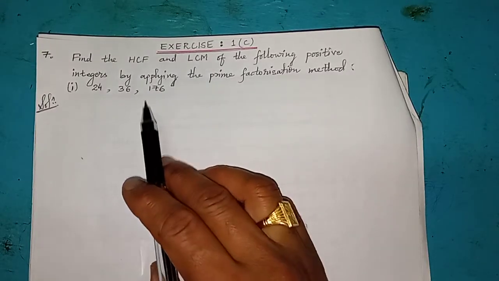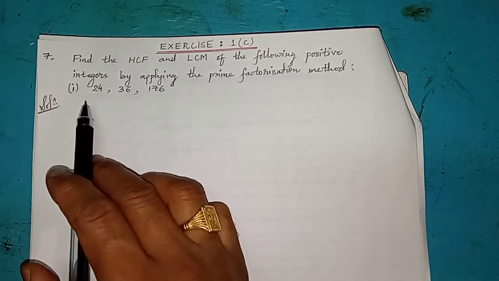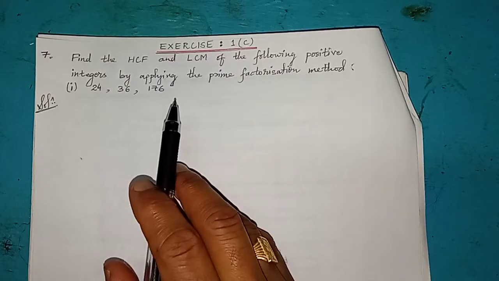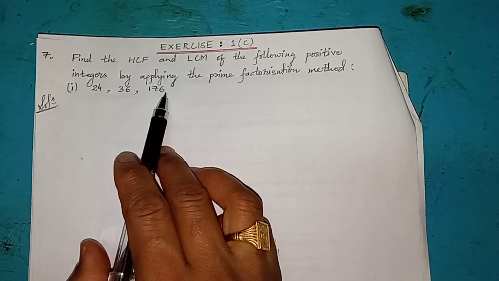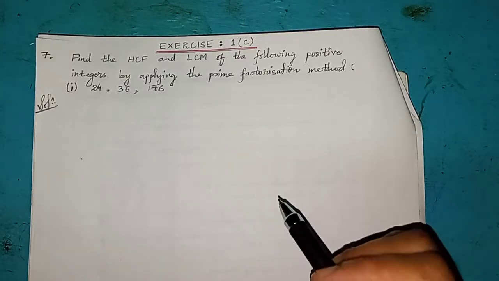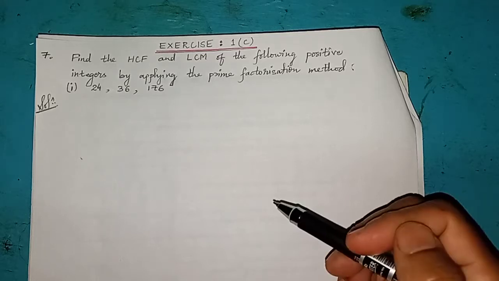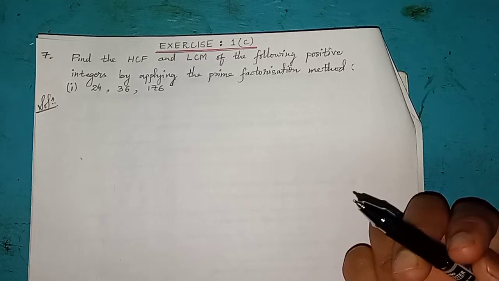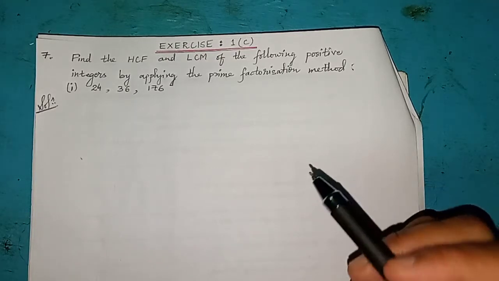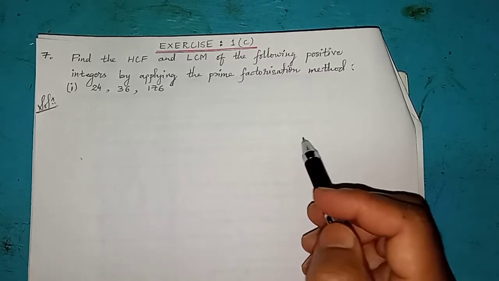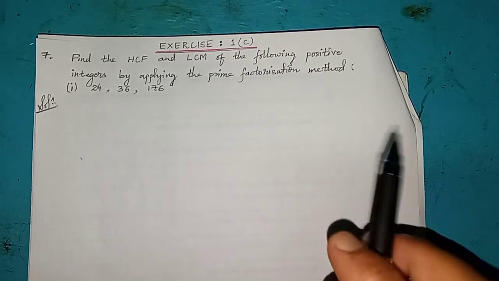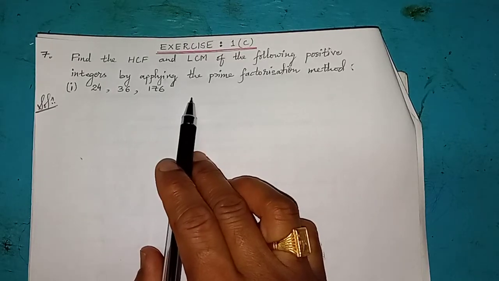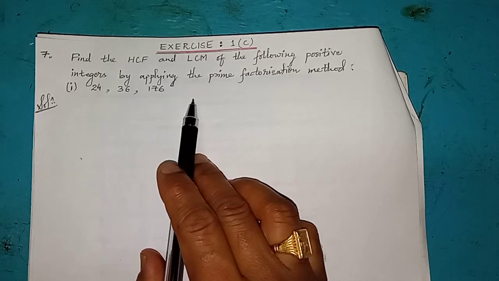positive integers. Now, if you look very carefully in question number 1 and in all the sub questions of question number 7, they've given you 3 integers each. That means they've given you 3 positive integers. Well, I've already taught you in previous videos and previous questions how to find HCF and LCM when they have given you 2 positive integers. We have learned how to find HCF and LCM when they give you just 2 positive integers, but this time they've given you 3 positive integers. So let us see how to find HCF and LCM when they give you more than 2,